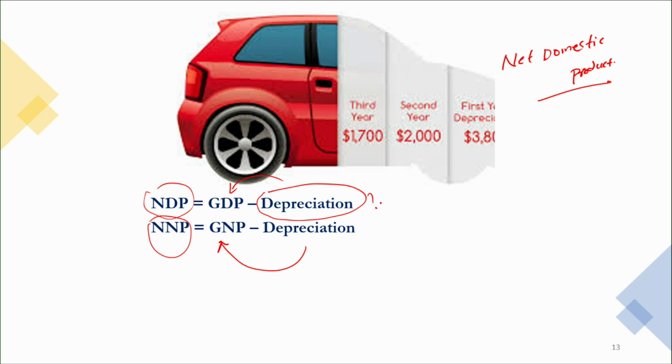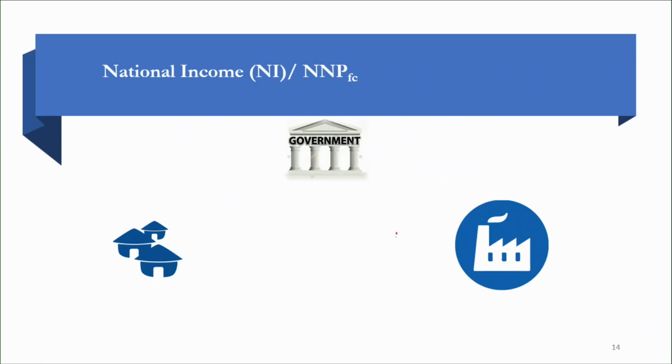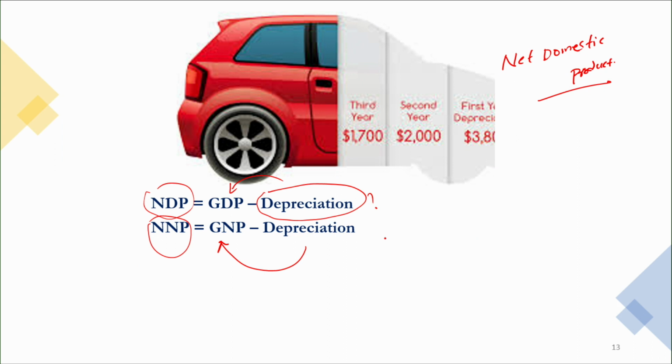So what is depreciation? Depreciation refers to the cost of wear and tear loss. Let's say you buy a car and spend some 10 lakh rupees on it, and you use this car for 2 years. Would you be able to sell the same car for 10 lakh rupees even after 2 years? No. The car is no longer going to be in the same condition as the day you purchased it.